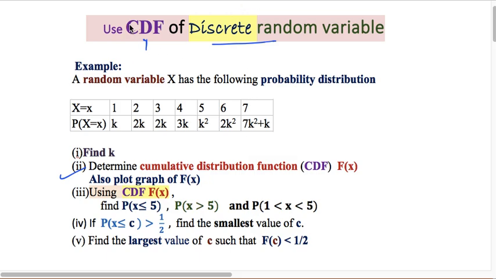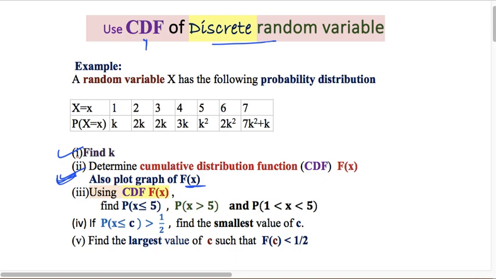Hello everyone. In this video, I am going to take an example of a discrete random variable probability distribution. So my concern would be to find an unknown, because there is an unknown entry over here, and the major part of this discussion would be based on CDF. So we will learn how to find CDF for the discrete data and what its graph is,